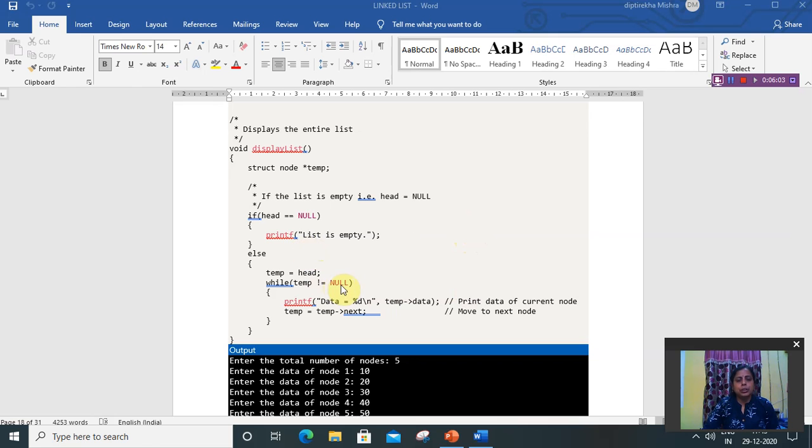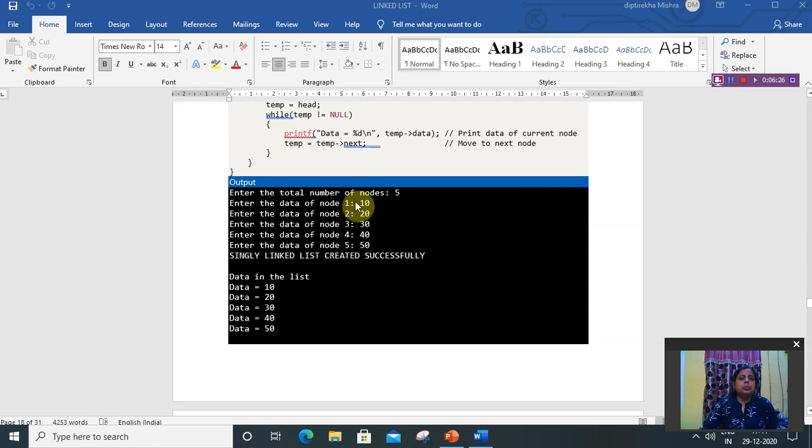From the head to null, from the first node to the last node, it will display all the data. The first node is temp, it will display temp data, then it will go to temp next, means to the next node. In this way it will display each node.